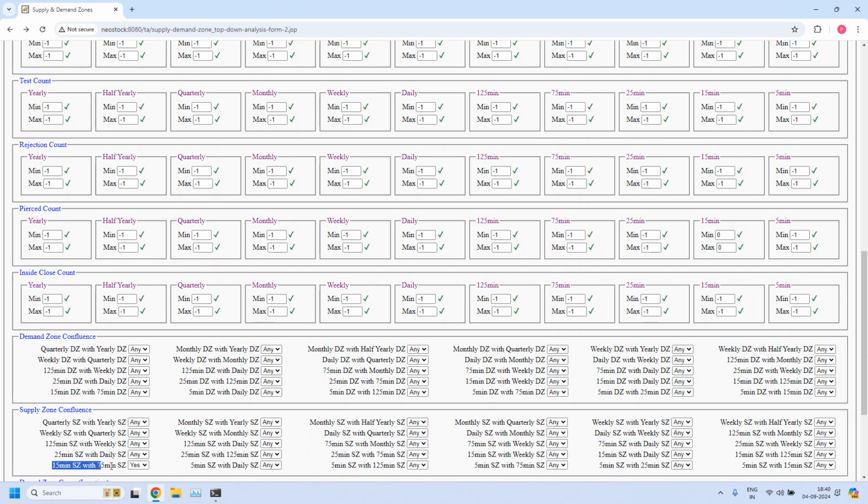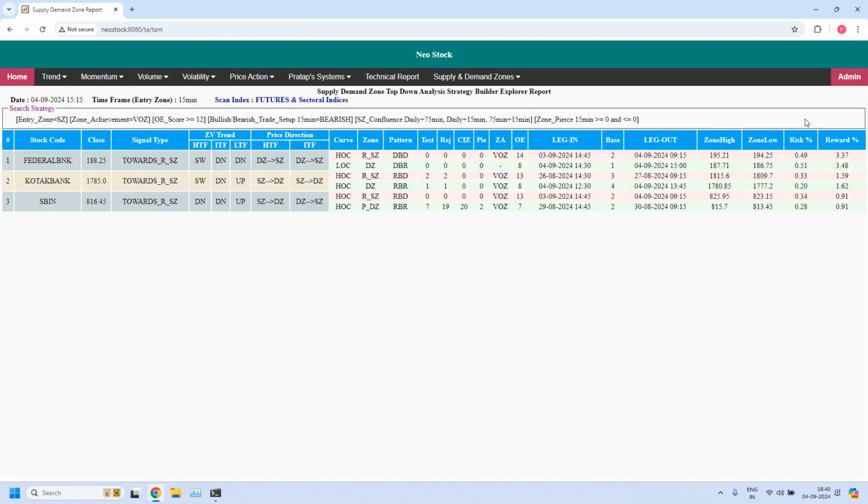Already 15 minute supply zone with 75 is enabled. Now 15 minute supply zone with daily supply zone, enable the option. And also 75 minute supply zone and daily supply zone also I am enabling with all the 3 filters. Let's verify. So these 3 stocks are filtered. So these 3 stocks are currently supporting bearish trade setup for